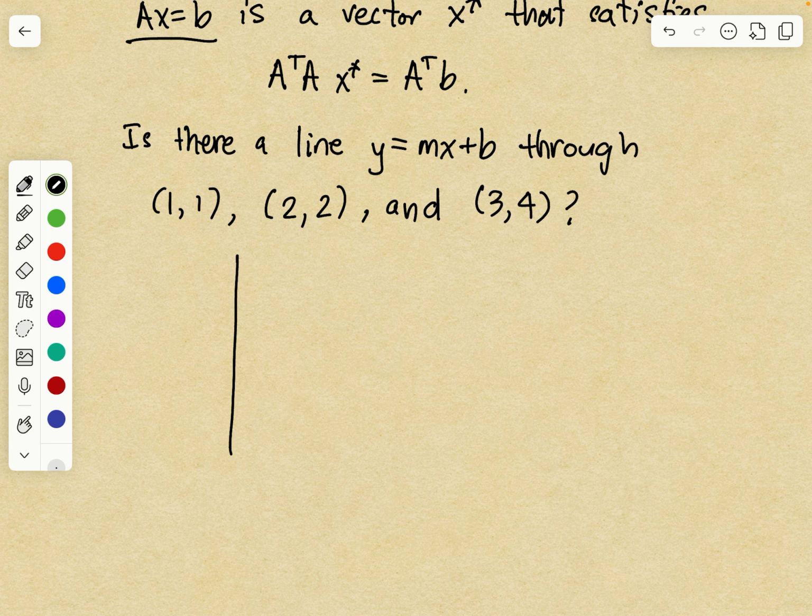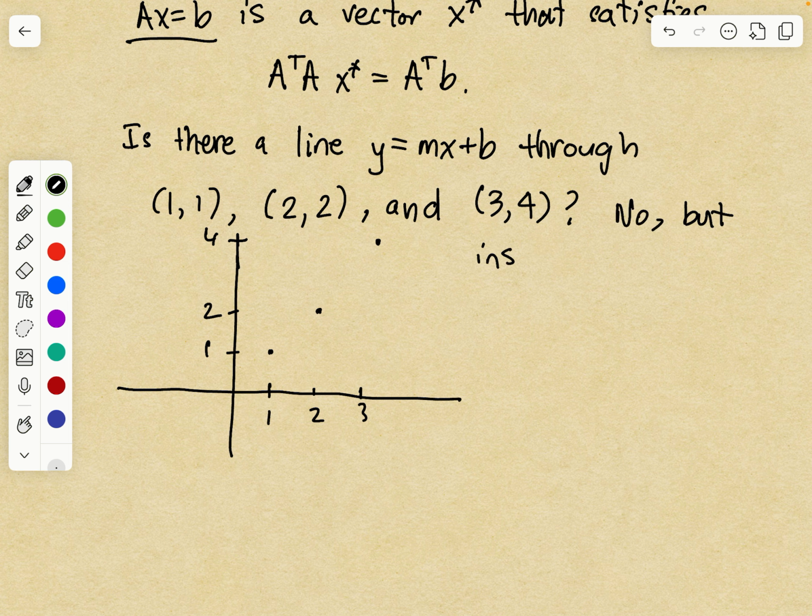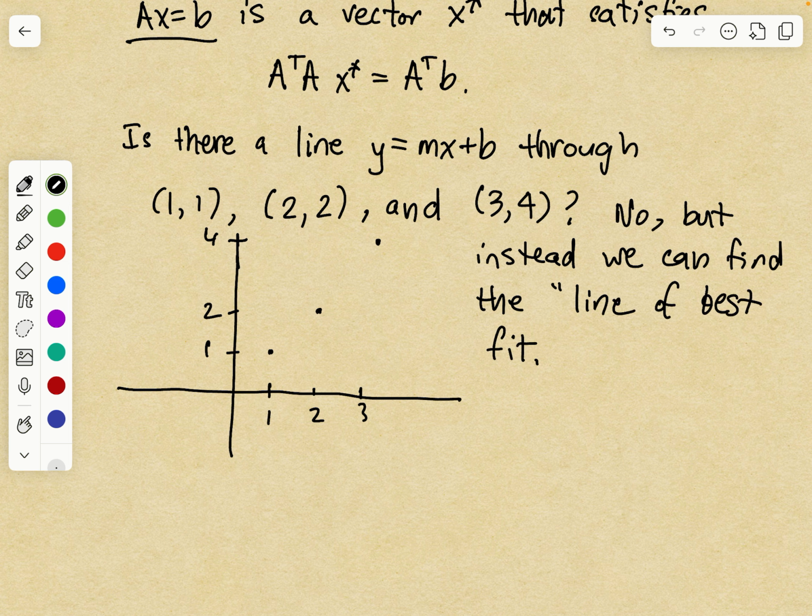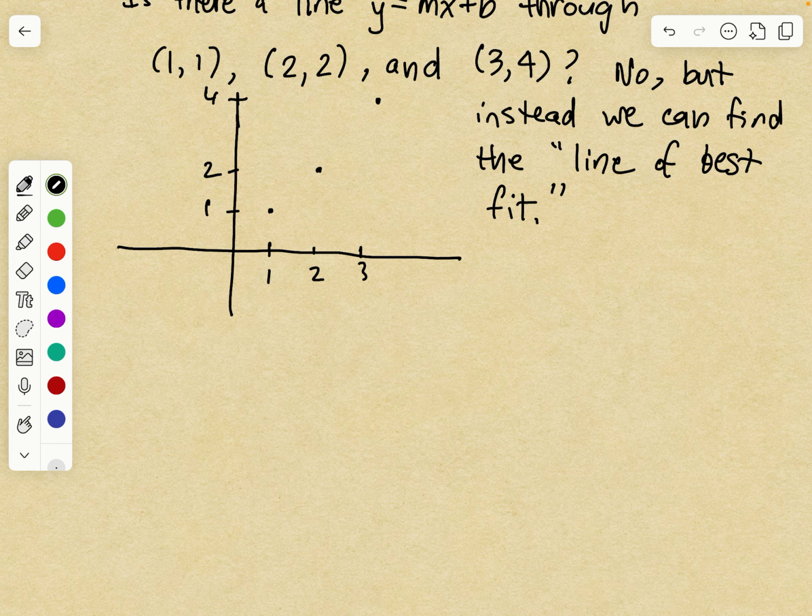And we can see that visually by graphing the points. Here's (1, 1), here's (2, 2), and here's (3, 4). But we can look for a so-called line of best fit. So there is no line through all the points. Instead, we can find the so-called line of best fit. And what that means is